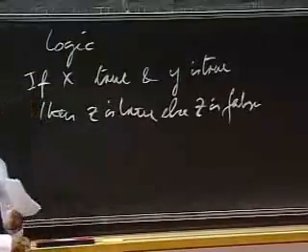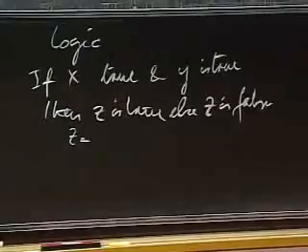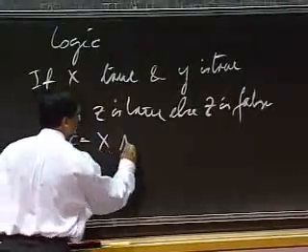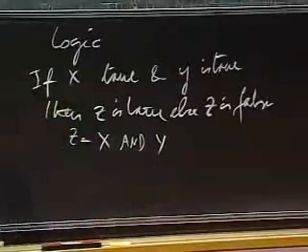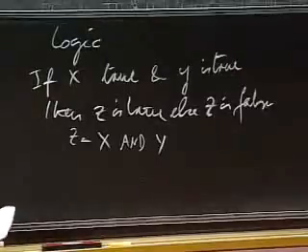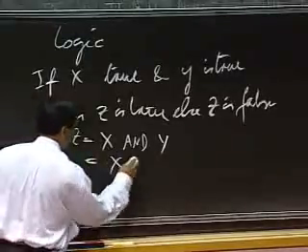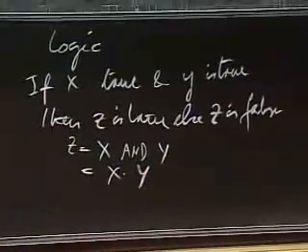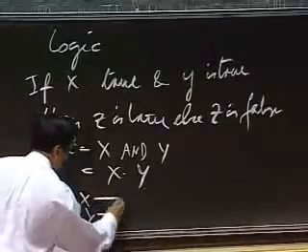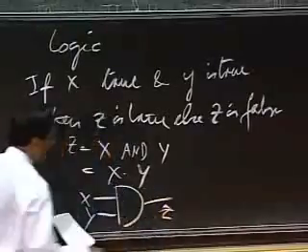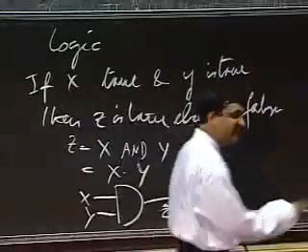Okay, so I can process this with zeros and ones, trues and falses. And I do this all the time, so I have a succinct notation for this. I express this as Z is X ANDed with Y. So Z is true if X is true and Y is true. A shorthand notation for this is just a dot. And a circuit notation for this is called an AND gate. Okay, that's a little circuit.